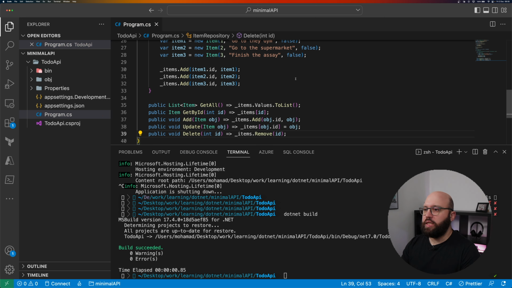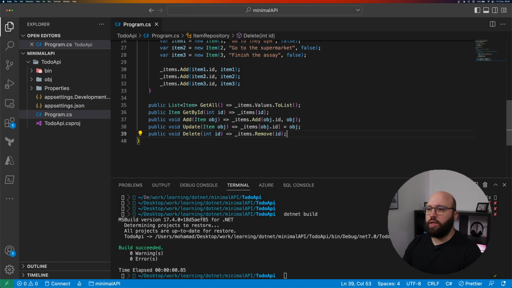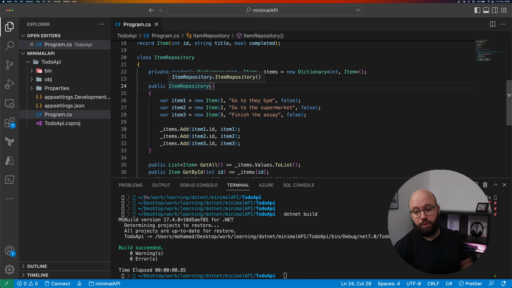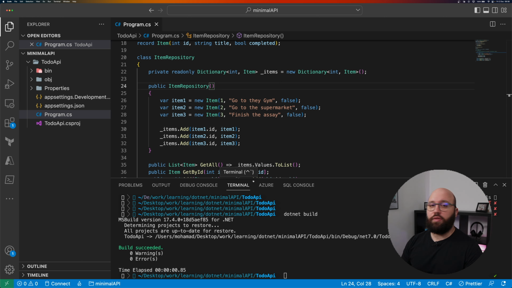So as we can see, it's a very simple CRUD operation. What we did here, which is just the preparation, which took a lot of time, is creating an in-memory database, which is going to be a dictionary, adding 3 items to it, and then creating the 5 CRUD operations that we want to do against this in-memory database. And these 5 CRUD operations, as we can see, are add, delete, update, get all, and get by ID. So once we have done all of that, the next step is we're going to start linking this